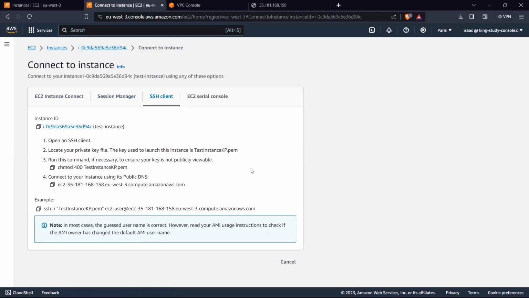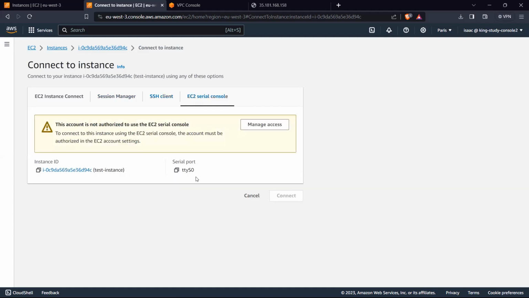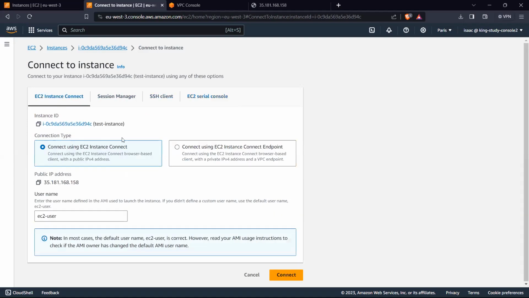So this is if you are using Linux, right? These are the commands that you first have to enter. You have to make sure that there are permissions. You are the only one that has full permission over the key file. So if you can remember, this is the key pair that I created for the instance, right? And then this is the public DNS. You can also connect via the public IPv4 address. And there's also an EC2 serial console which I don't know about, but we are going to use the instance